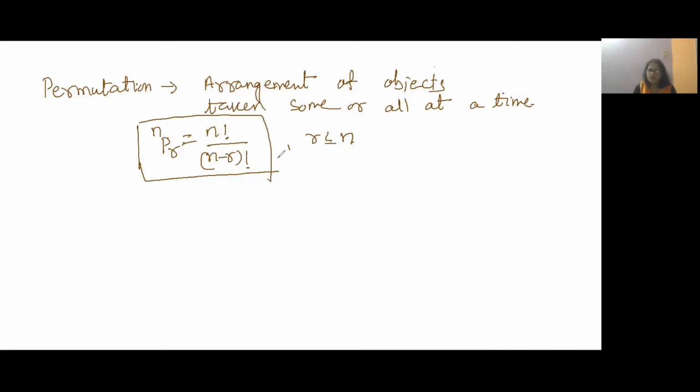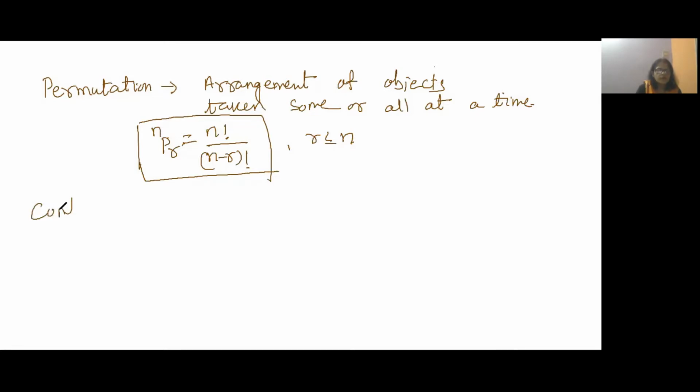So when the arrangement of objects concept comes, arranging something means obviously we have to put that in a particular order. So it means order should be taken into consideration. Whenever we are placing the objects, the position of the object matters. In permutation we have studied, and of course we have studied various restricted permutation, circular permutation, everything. Okay, so now let's come to combination.